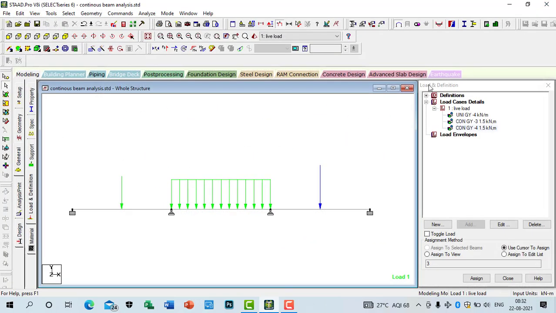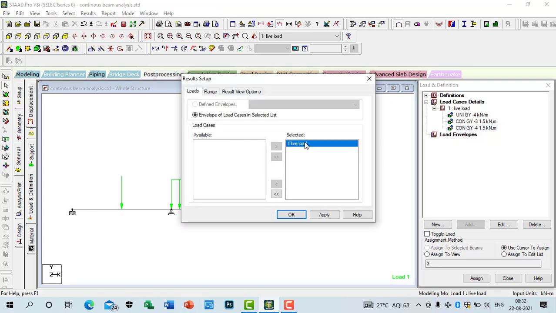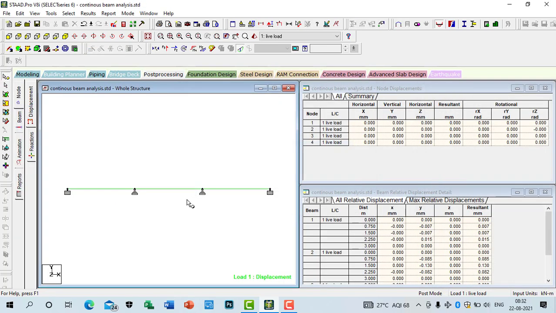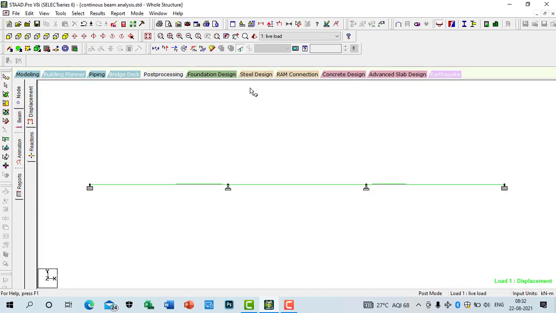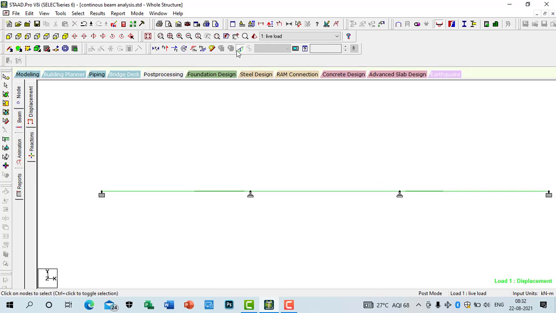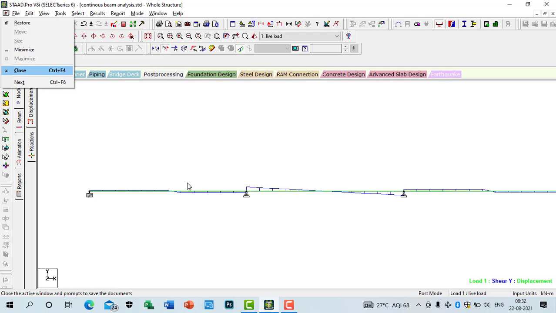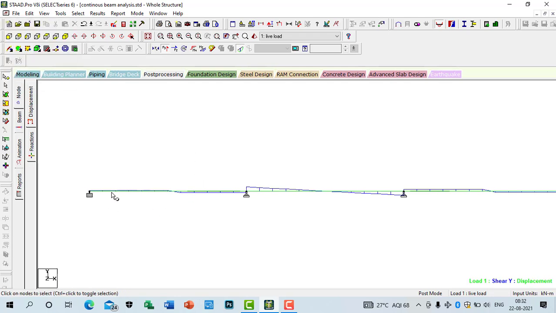Now in post processing mode, live load, apply. So now we are in post processing mode. Here we can see the shear force.